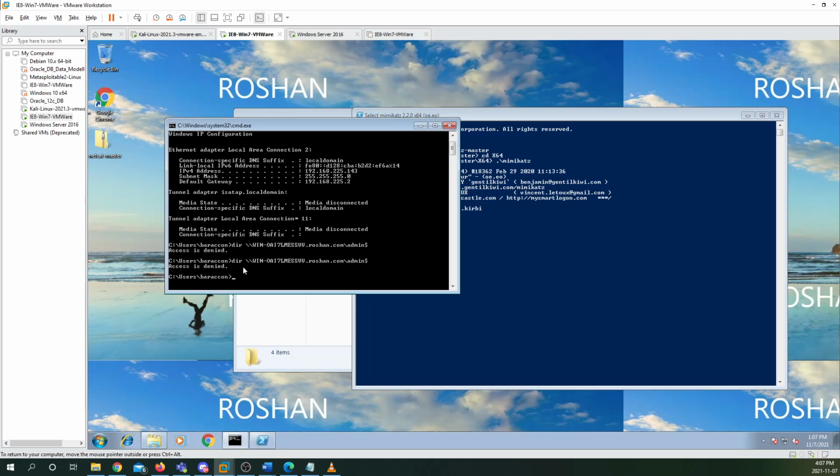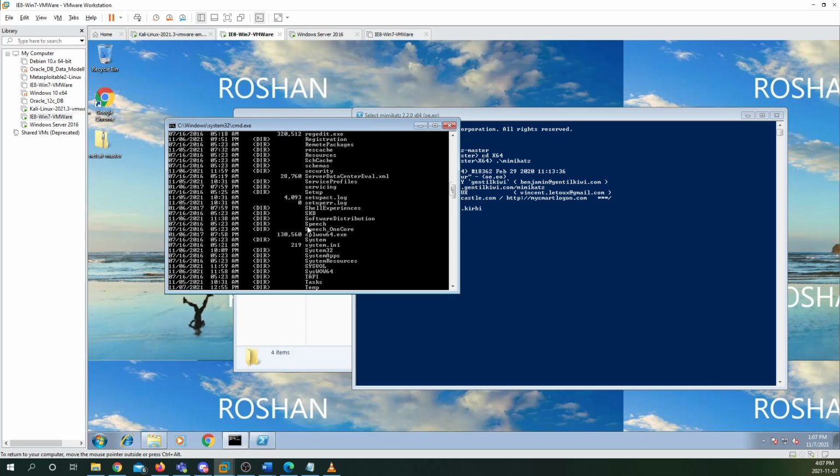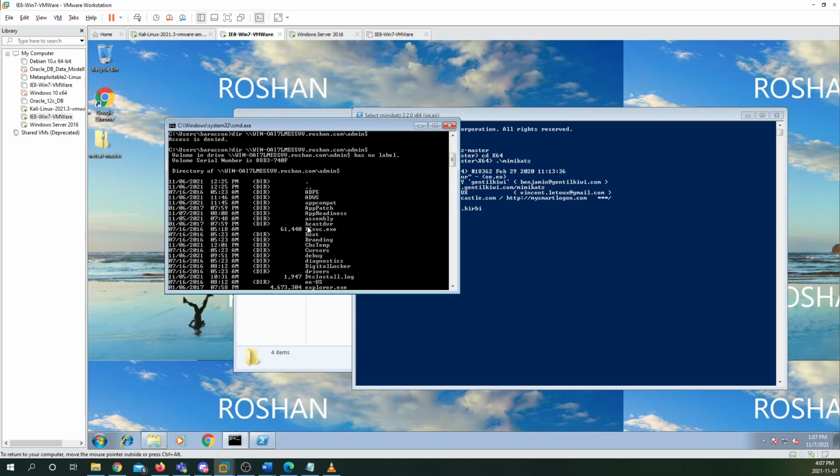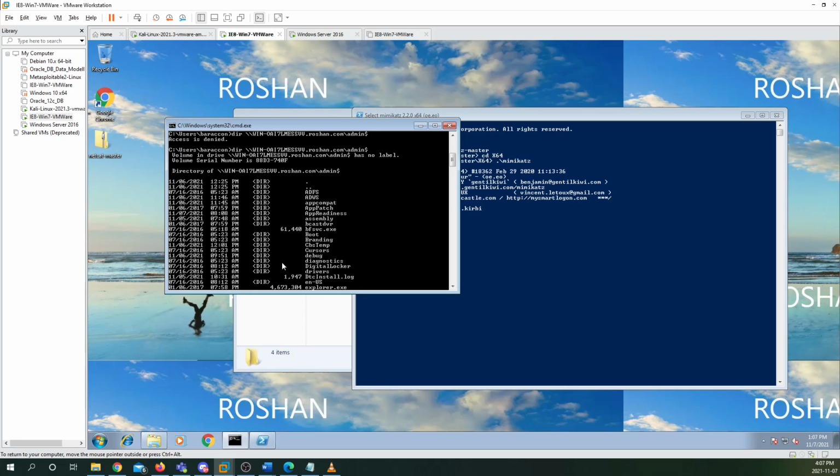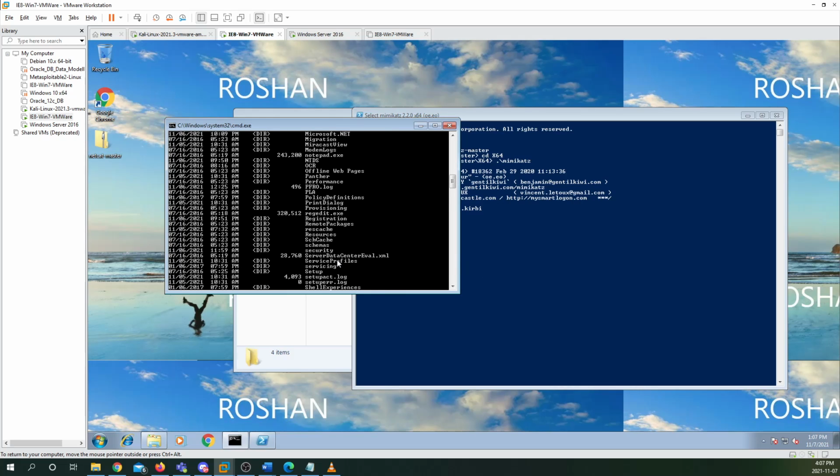Now what I'm going to do is type the same command, directory, and as you can see I could see the admin directories. So earlier I was getting a denial. Now I was successfully able to see the directory after injecting the key. So the pass the hash ticket is being done, and in order to verify that I'm viewing my admin directories,